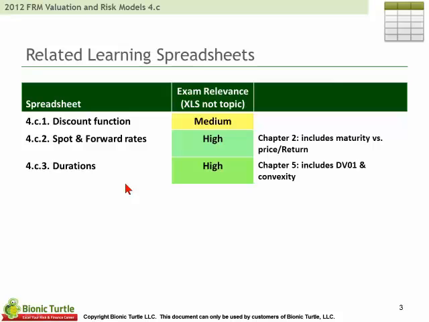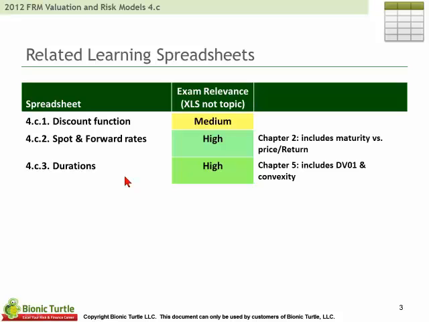And in regard to the learning spreadsheets, I've consolidated. I had 5 last year, but we're tightening that up to 3 learning spreadsheets, 4C1, 2, and 3. 4C1 illustrates the discount function and a couple of applications there. It's a workbook, but only of median relevance. And then 4C2 and 4C3 I tagged as both highly relevant, and these are really core building blocks for the